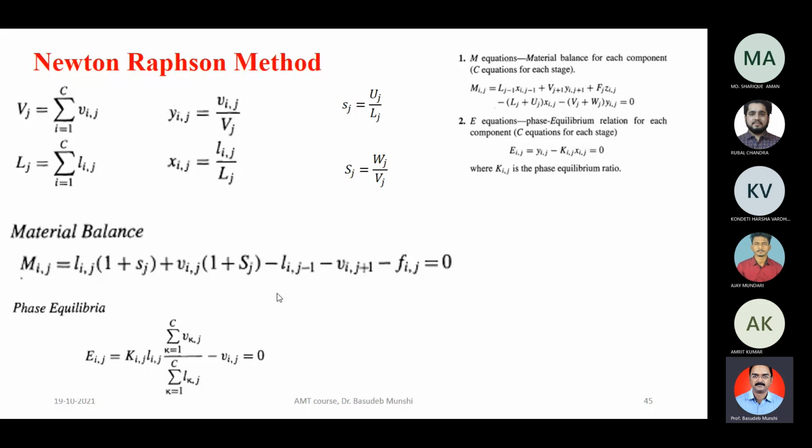Now let me discuss how to develop the model equations in the case of the sum rates method. In the sum rates method, what we actually do is reduce the number of equations. Here you have the mass balance equation, the energy balance equation, then other equations like the sum equations, the sum of mole fractions equal to 1 for liquid and vapor phases. The equilibrium relation you have here, then you have the energy balance equation, right?